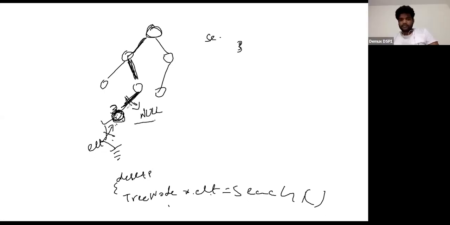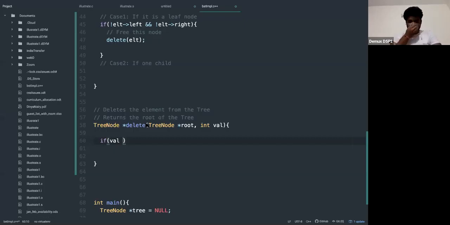You have to change this, so just changing ELT to null here will not work. The same was the case with insertion also. So you will have to do better. One way you could do it is you could recursively search here itself. So let's say if your value is less than the root's value,